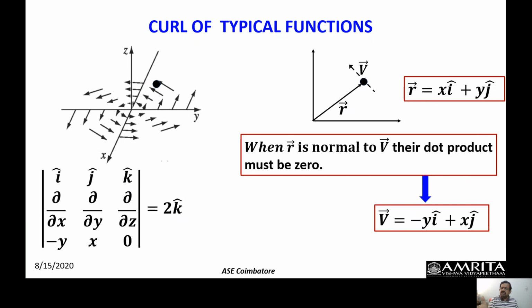With the right-hand screw system itself, we can see that there is a direction associated. At any point, I am always going to have a very uniform magnitude, which is 2. The curl in this case becomes a very uniform vector function, because 2 is a number, and I have used very generalized coordinates for x and y, so I'm always going to get 2k hat at different points. So the curl with respect to this origin is going to have 2k hat, because I have used a position vector with respect to this origin.